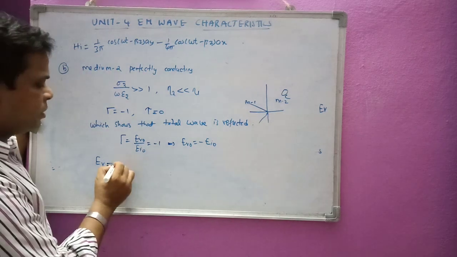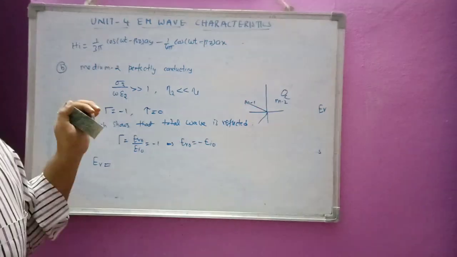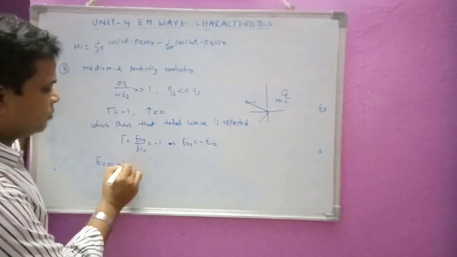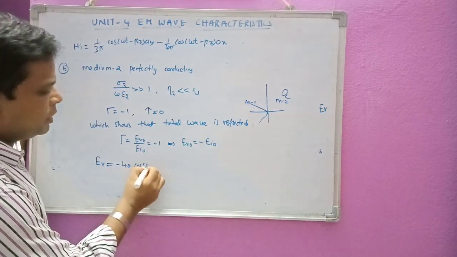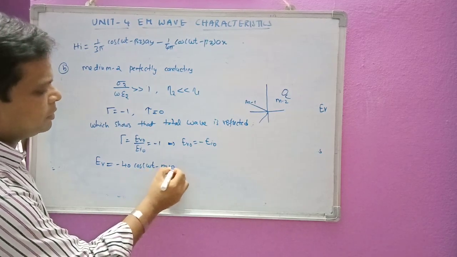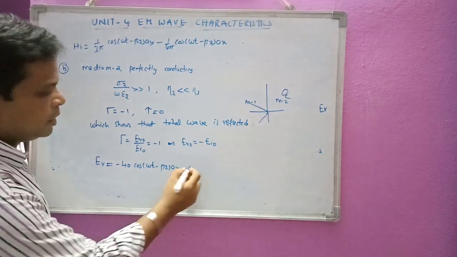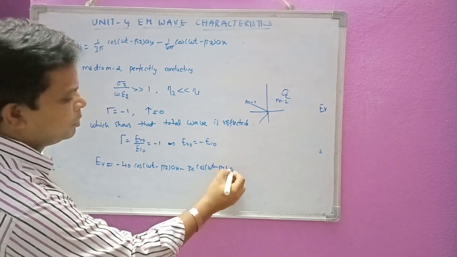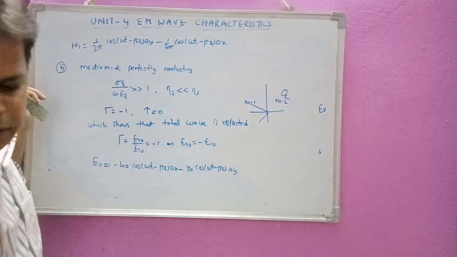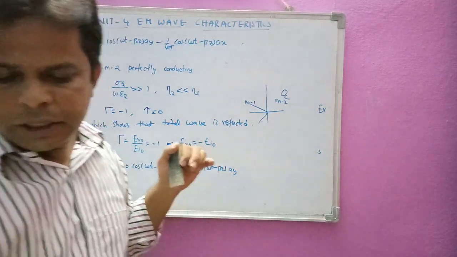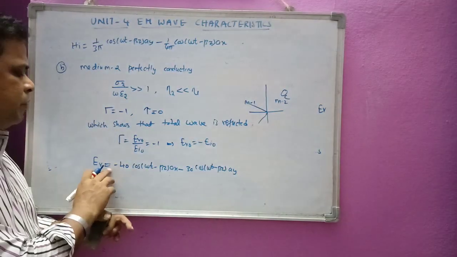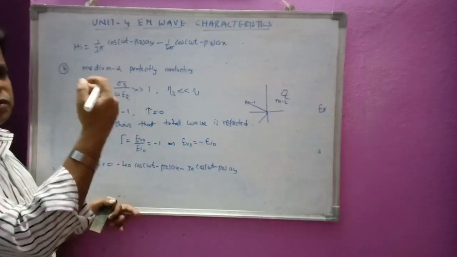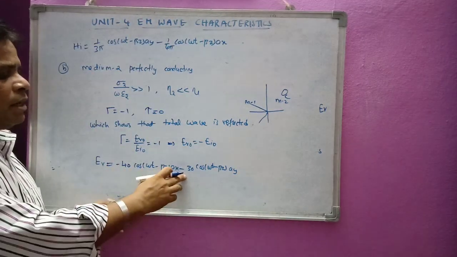Just take the EI given in the question. Write minus cos(omega t minus beta z) into ax, minus 30 cos(omega t minus beta z) into ay. I think that is the given value in the question, you can check that. We just have to apply minus to it, because whatever field is incident, the reflected one is exactly opposite.